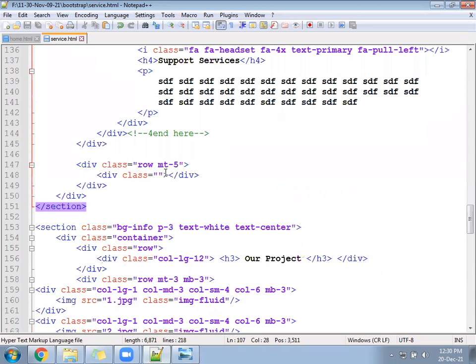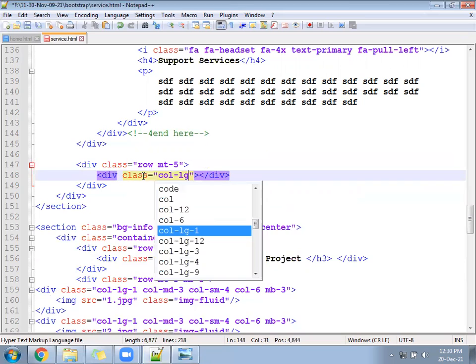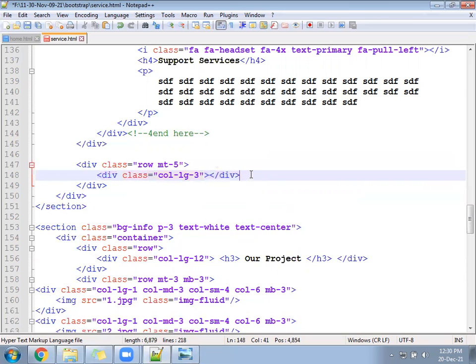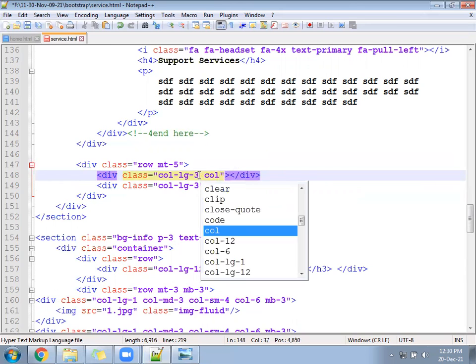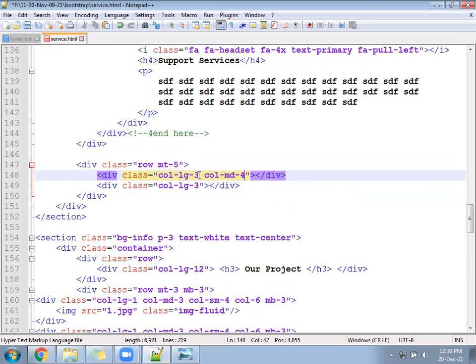Create a row. Inside the row, you will write col-lg-3 and one col-lg-9. So in the large screen it will be 3. Under col-md how much? 4.